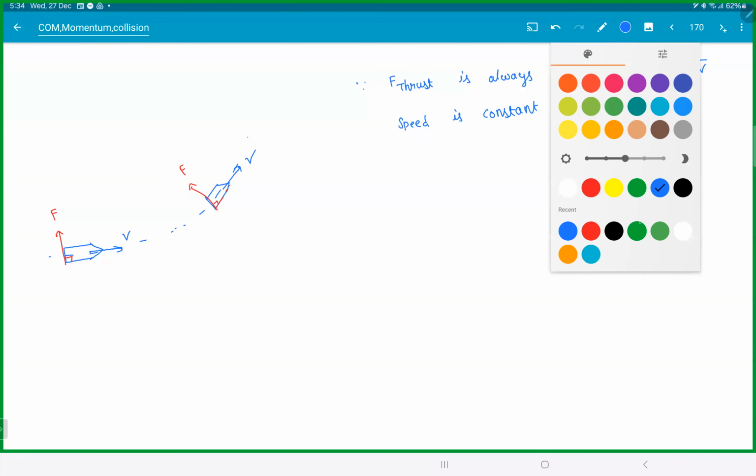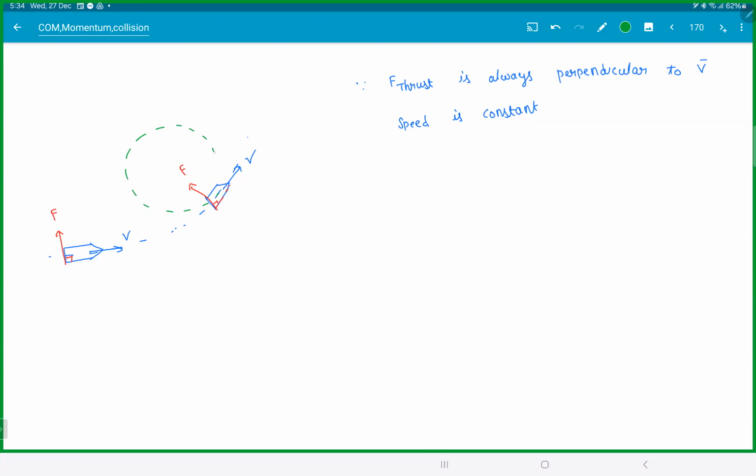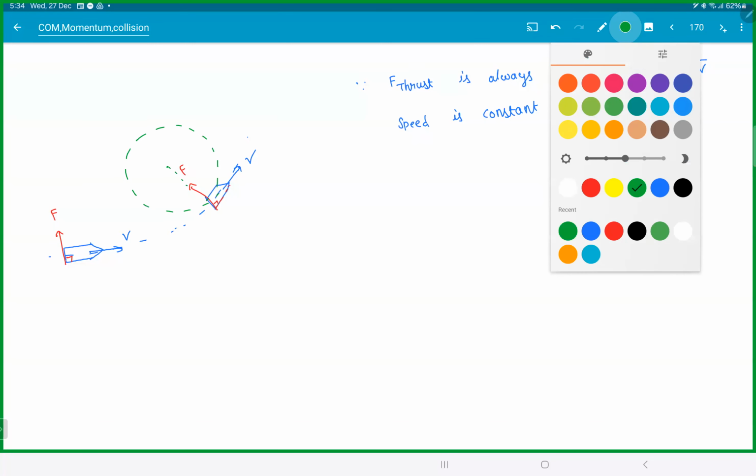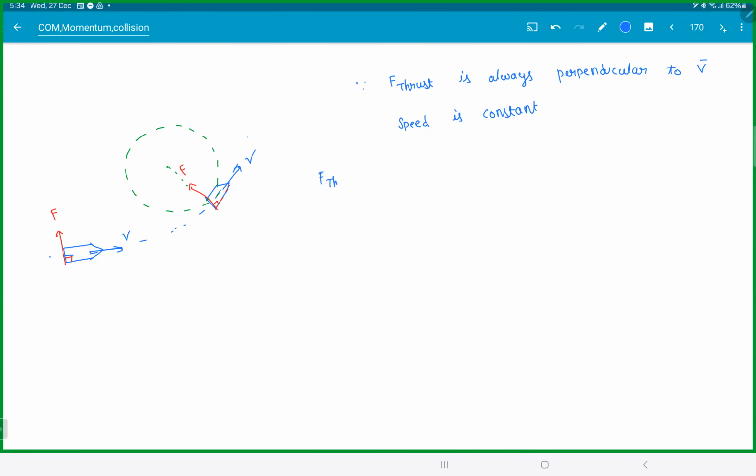So if the speed is constant, this thing is kind of going in a circle. This F here is providing the required centripetal force. So F thrust is equal to mass into centripetal acceleration, V square by R. The thrust force will be lambda into U relative. Here mass will become M minus lambda T, into V by R into V. So here the mass is changing. So what is happening here? Thrust force is constant, speed is constant, mass is changing, and radius of curvature is changing. As this thing goes, it becomes smaller and smaller. The turn becomes sharper. So this would be lambda U by V, M minus lambda T, and